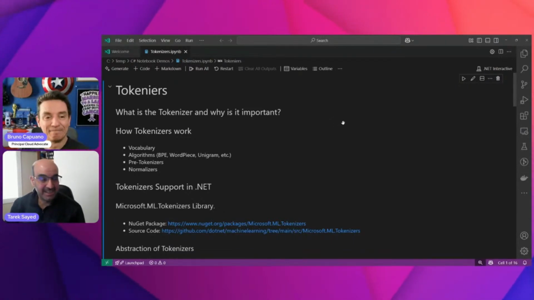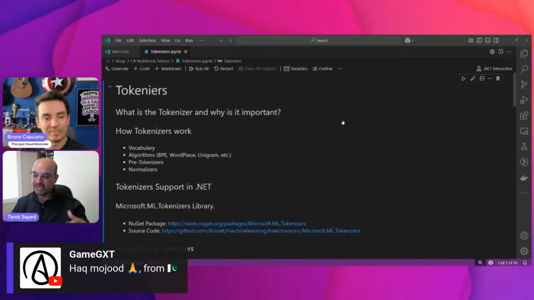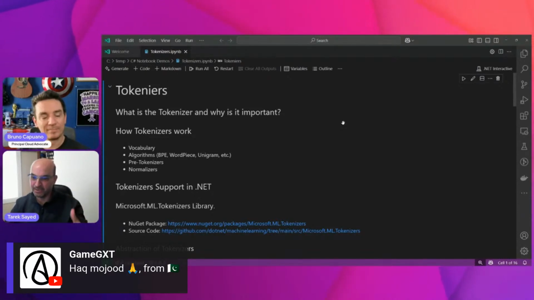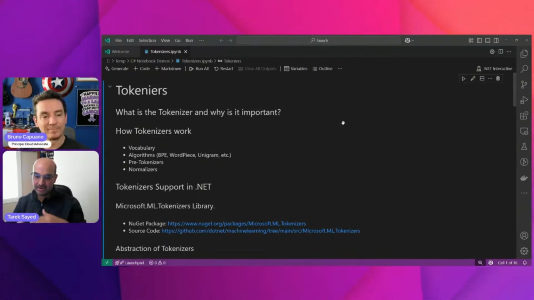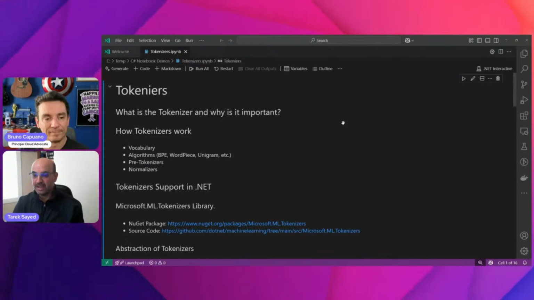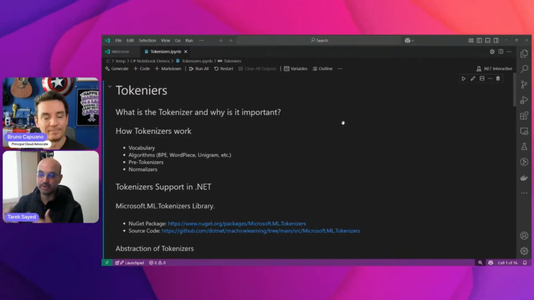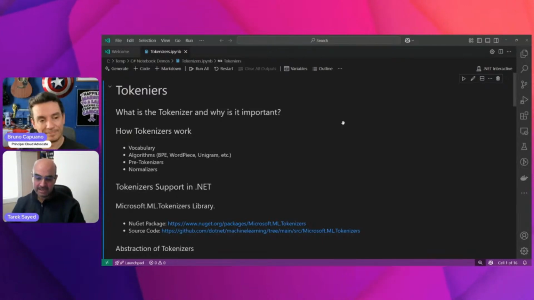Yeah, so we can start from language models in general. Language models are built using neural networks and transformers and this stuff. All of this, neural networks or transformers, work with numbers. It doesn't work with text at all. So language models need a way to take the raw strings and convert them somehow to meaningful numbers, so they can be processed inside the language model. And this is actually the task that a tokenizer is doing.